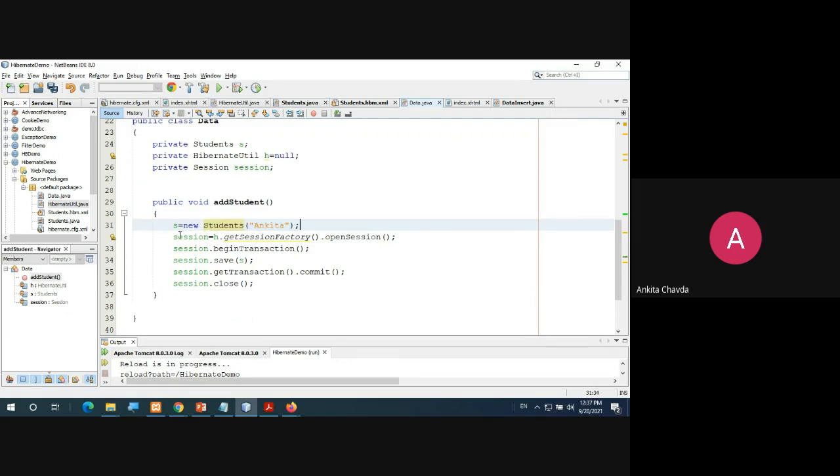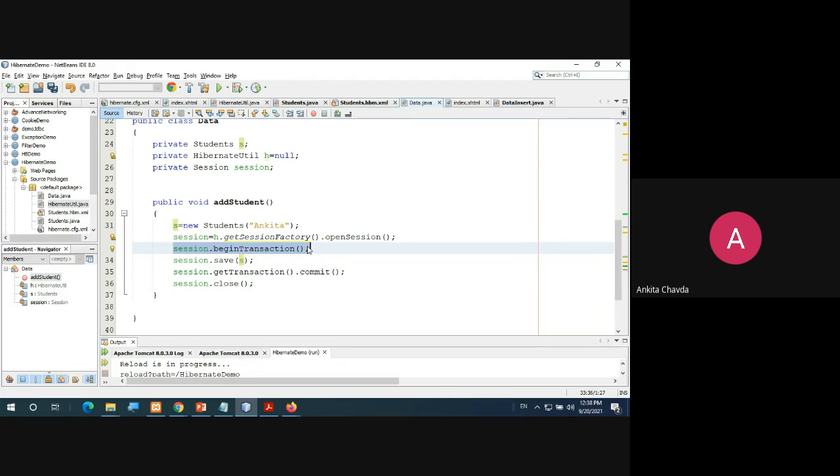Then you are creating one session object: session equals h.getSessionFactory().openSession(), because you want to open the session and do some transaction, like saving the data, that is, inserting the data. For that you have to call the beginTransaction method: session.beginTransaction.